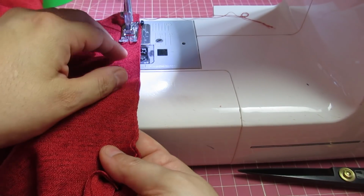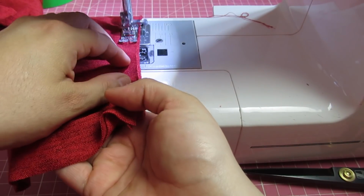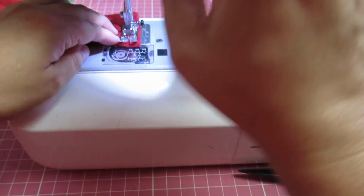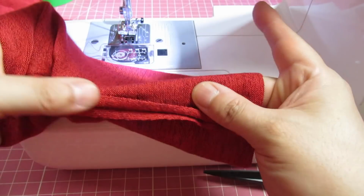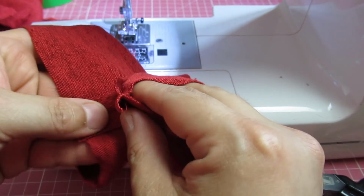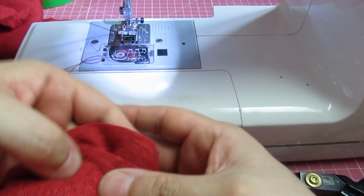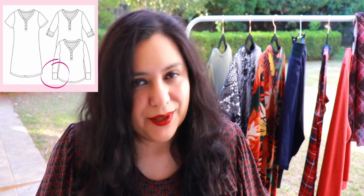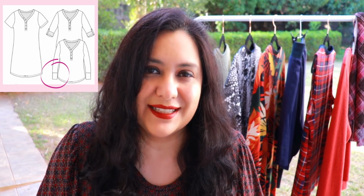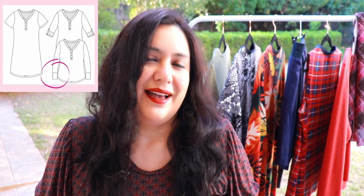One thing that I like to do with cuffs and bands is sew them on the sewing machine, because then you can press the seams open. In this case, my fabric doesn't need to be pressed open, it just opens up on its own, and then you can fold it wrong sides together, and I think it's less bulky than if you do the seam on the serger. So if you like sewing with sergers, that's perfectly fine, but keep an open mind that in some types of projects, some specific areas have a better result when you mix and match. Do a little bit here with the sewing machine, do a little bit there with the serger,